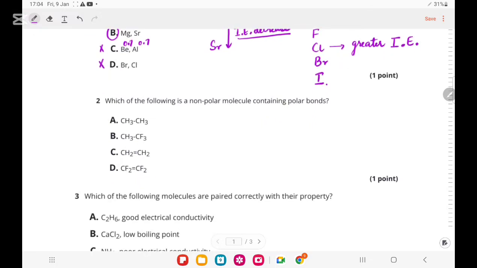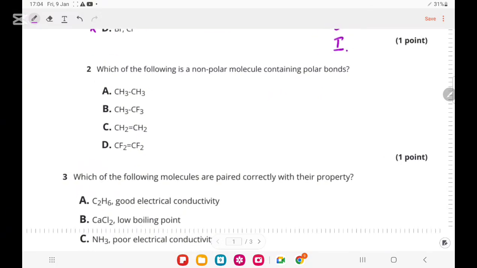Now moving towards the next part, they are asking which of the following is a non-polar molecule containing polar bonds. So first of all, if we see CH3-CH3, carbon and hydrogen, their electronegativity difference is approximately equal to 0.4, which makes it non-polar. So these bonds are non-polar bonds,